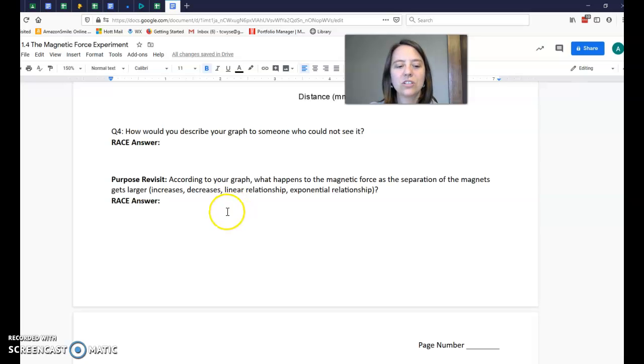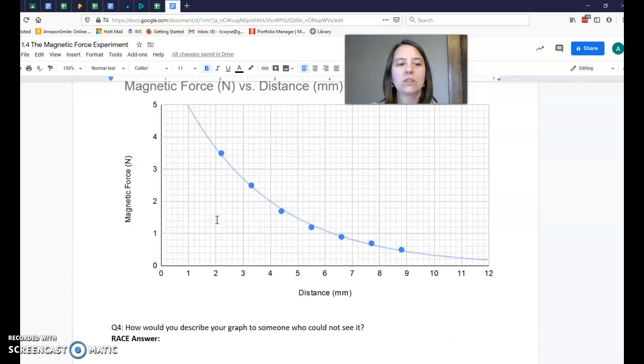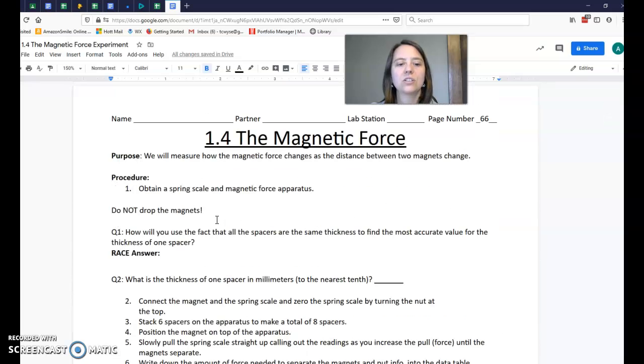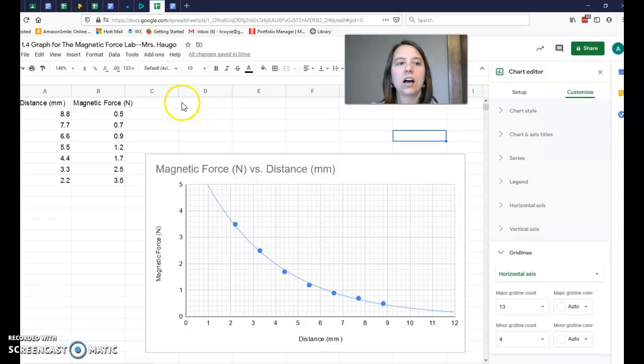Okay. Once you have finished that, you want to double check you have all your questions done and answered with units and in a sentence if needed, and then you'll want to submit your lab and your Google Sheets graph